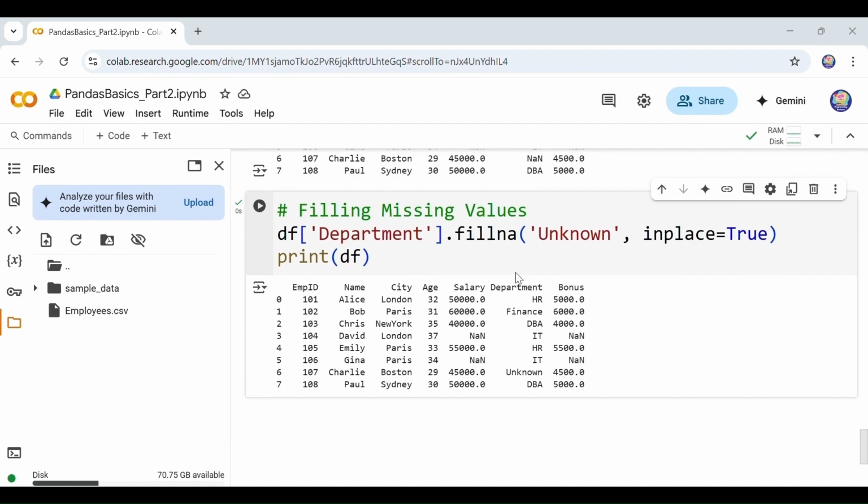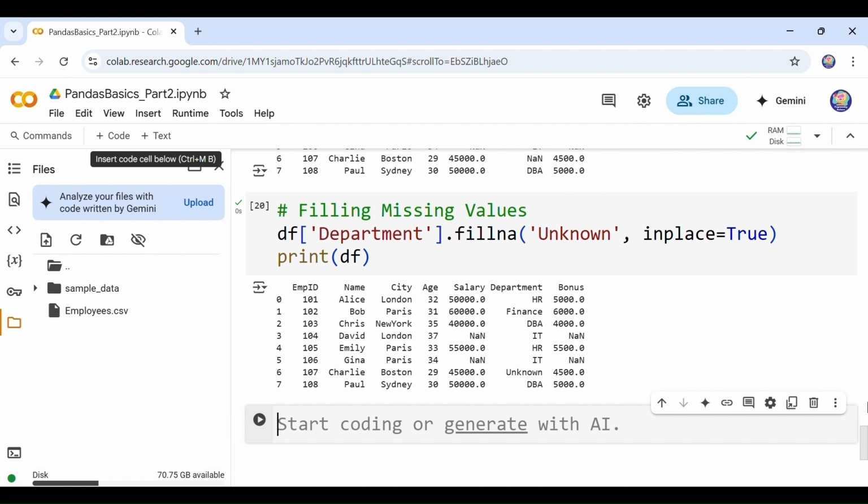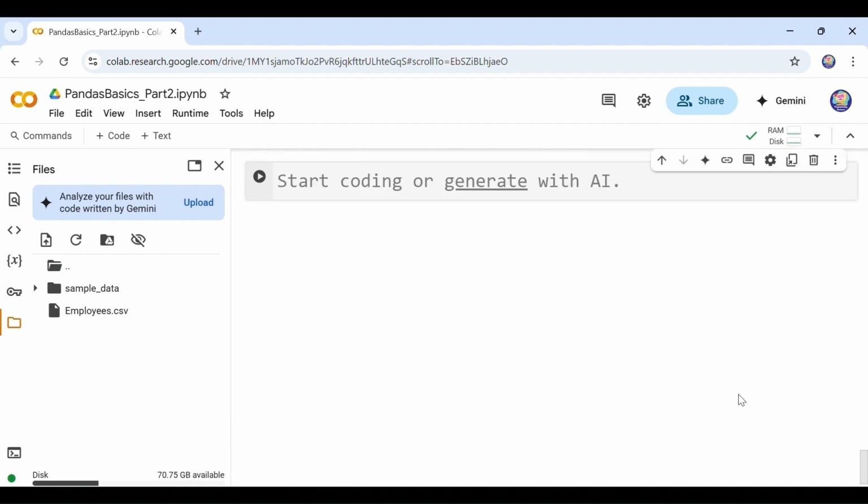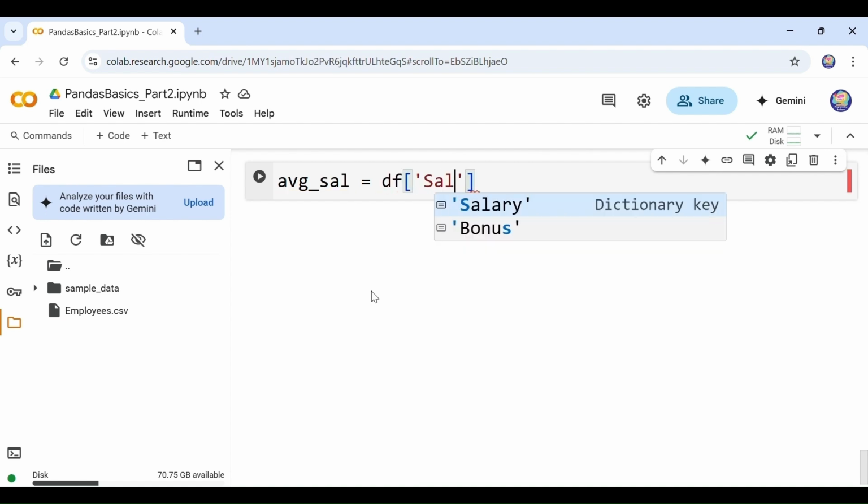So let's do it. I will click on code and let me scroll up a bit. Here I will calculate the average salary as avg_sal, this is the name of the variable, equal to df salary dot mean.